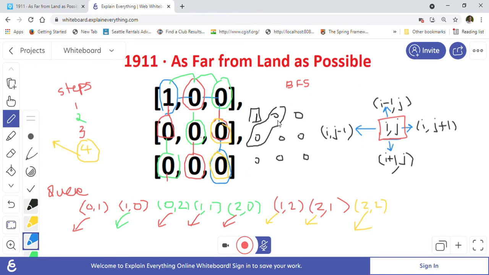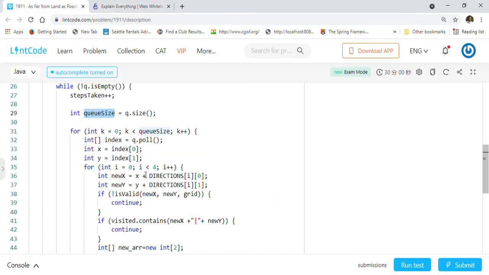And in second level, what we will do in second level, we will do this one in second level, right? Because that's how BFS works. So this is our second level basically, and this one is our third level for BFS, correct? And then this one is our last level, which is fourth level. This is how the BFS grows, right? Level by level it will expand basically. So that's what we are doing here.